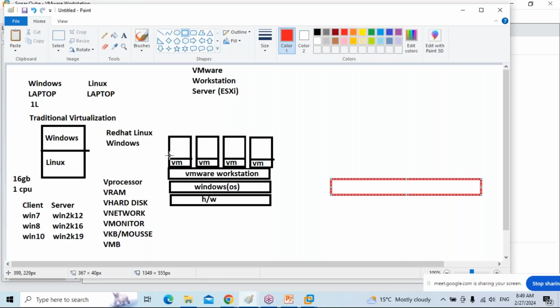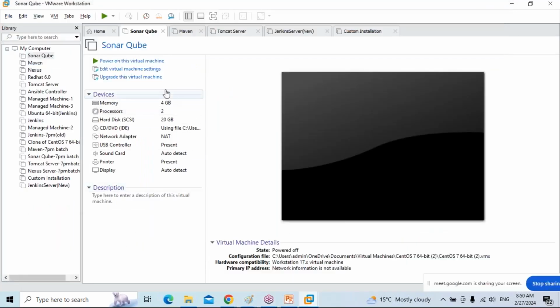Yes, all these VMs we can work with simultaneously, if you have sufficient RAM. Suppose assume that for all these VMs I gave 4 GB RAM. What is my laptop RAM? 16 GB.